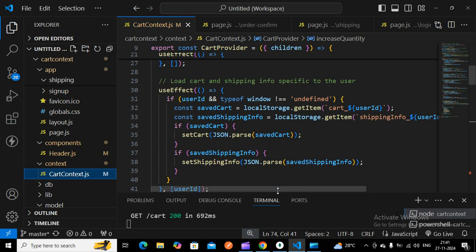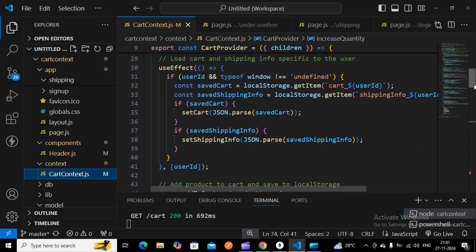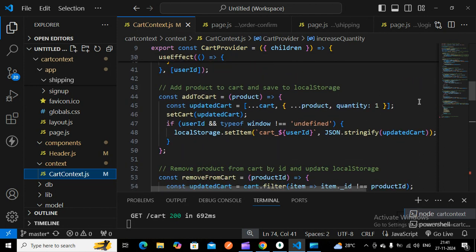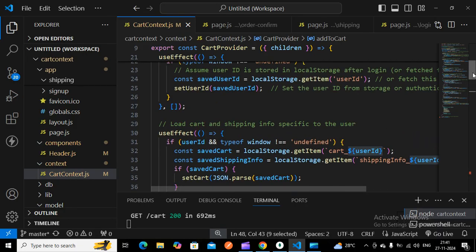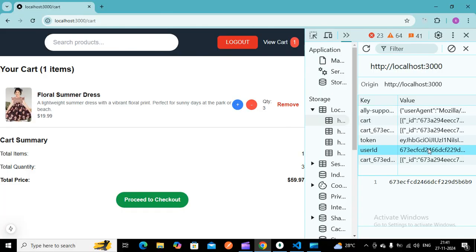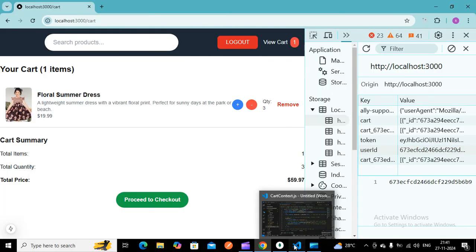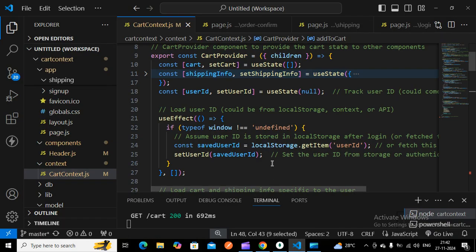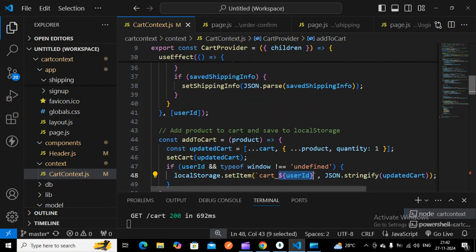Like that, wherever you use getItem and setItem, you have to set that specific user information. So with ${userId} you will be getting that specific id, so that if you click any product, that product will be assigned to that specific user id, not to all other accounts.